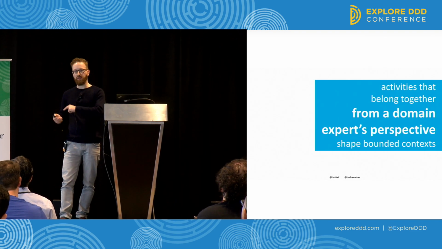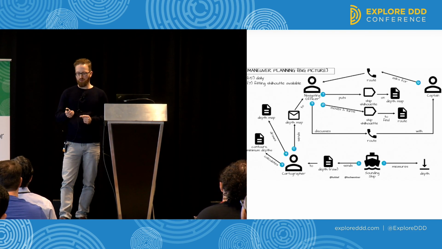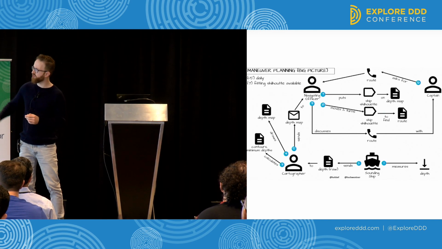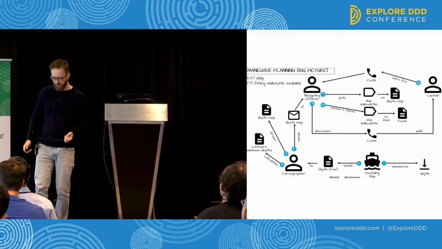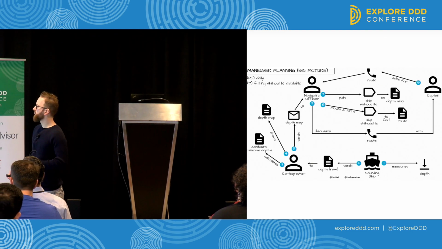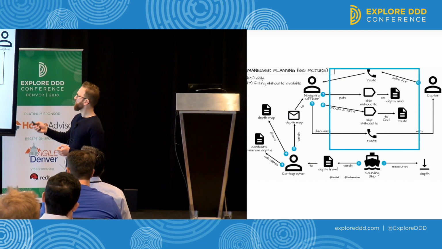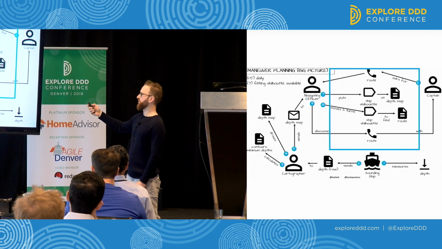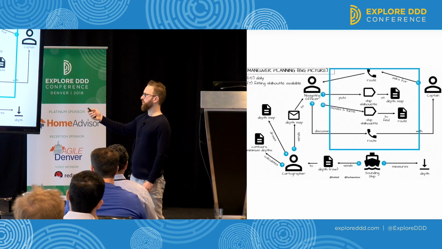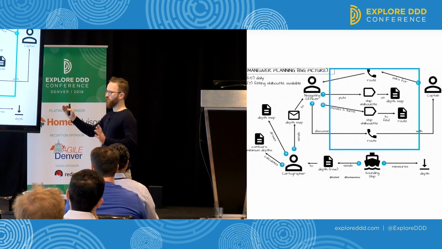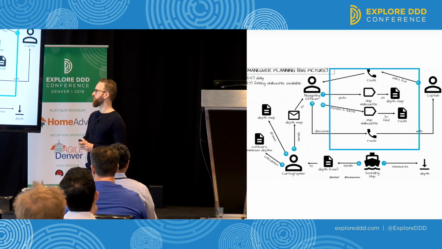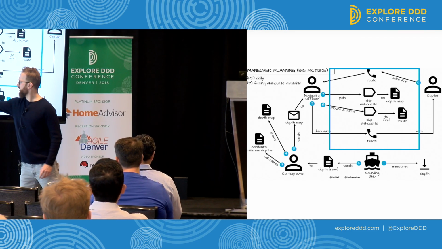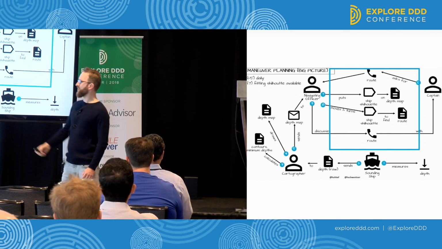So I'll try to explain that again with our example. I think even in the layout here, we can see a hint what belongs together and what doesn't. And if we were to ask the navigating officer, he would tell us that this group of activities that I can see here, that's all maneuver simulation, okay? So that's kind of a good first idea for a possible candidate for a bounded context. Whereas for the navigating officer, these activities here, they're something else.